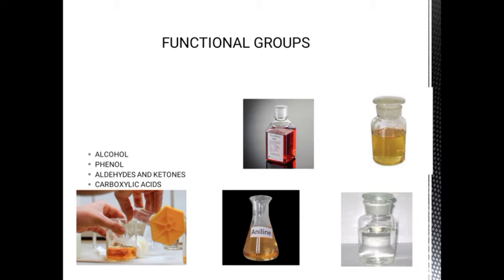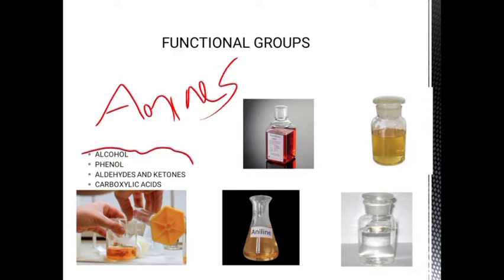So we know what organic chemistry is. It deals with carbon chemistry, the carbon containing compounds. In the theory section we have studied so many organic compounds. From that there are 5 compounds we have to identify. So you will get products like alcohol, phenol, aldehyde or ketone, carboxylic acid, and one more, that is amines. These are things you have to identify for your examination.